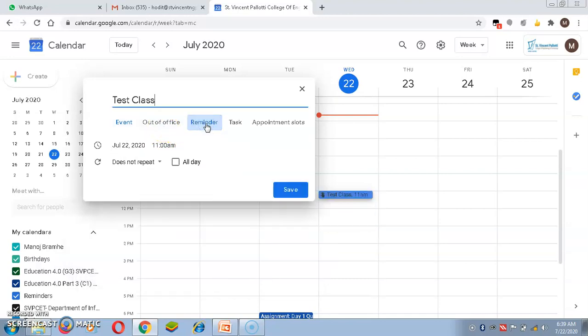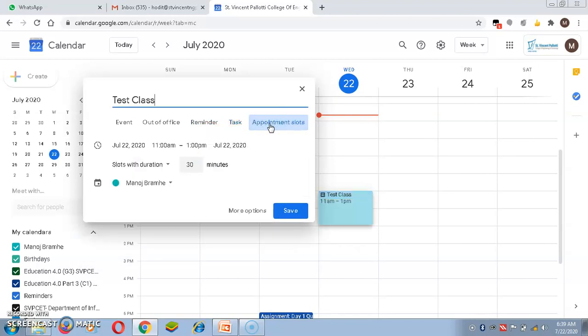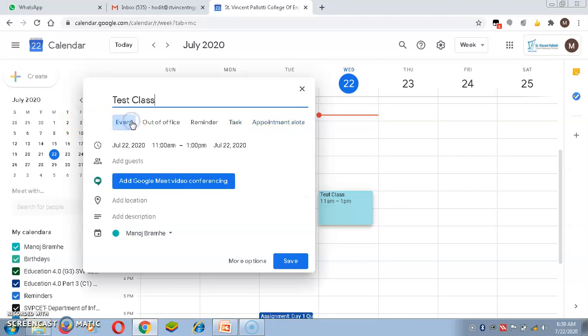Then I can set a reminder where I want. I can set my task. I can add the description of this class. I can fix my appointment slot and all these things. I can even add the location.